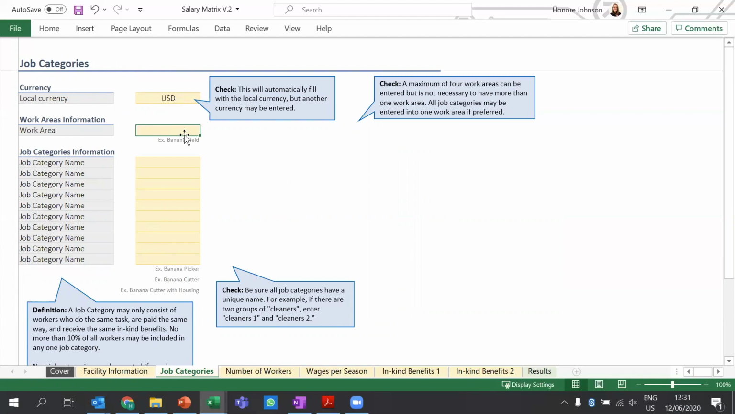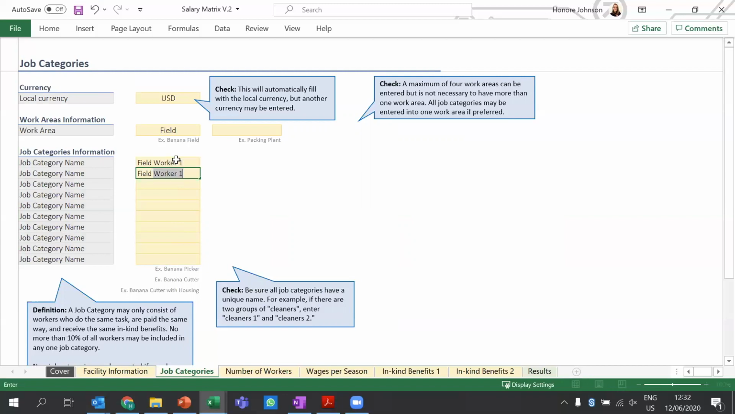From here, we will be prompted to enter in work areas. For this example, we will use 3 work areas, but up to 4 work areas can be included. In this case, the first work area is the field. In the field, we have 2 job categories. In this salary matrix, you can enter up to 10 job categories per work area, but in this case, we will only have 2 in the field. The job categories in the field will be called Field Worker 1